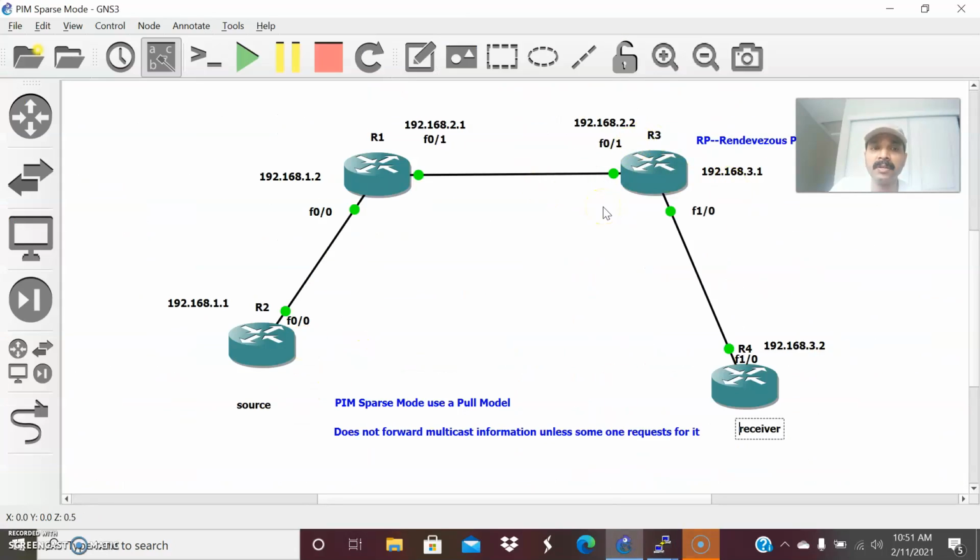That is the Rendezvous point. So this is the actual traffic flow, how the Rendezvous point works. The Rendezvous point is a meeting point for source and receiver. It is a meeting point for forwarding or receiving any multicast traffic. So R3 first receives the multicast traffic from the source, then it receives the join from the receiver, and then the traffic flows from source to receiver via the RP, right? So this is the actual traffic flow.